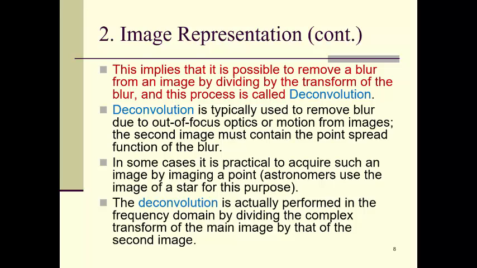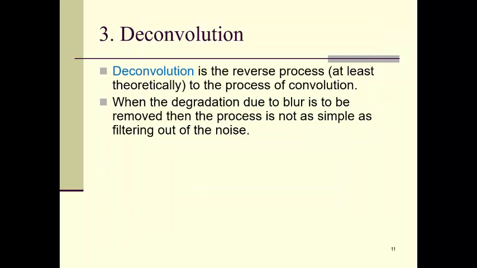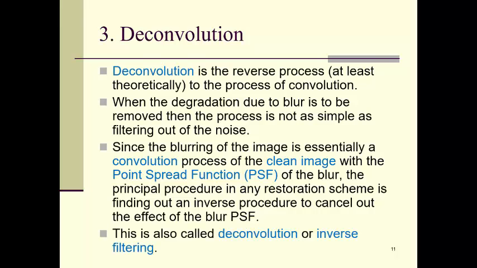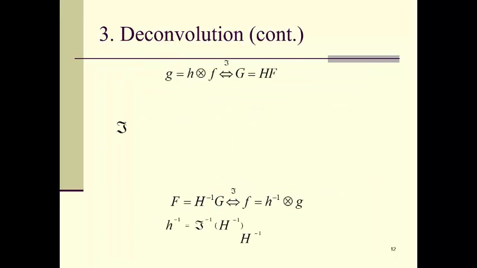And the second image here, I mean the representation of the frequency transform of the point spread function, which is the H. So here, we say that when the degradation due to the blur is to be removed, the process is not as simple as filtering out noise. Here we have said that this operation is actually not that simple. Why? Because when I divide by 0, this will result in lots of infinity values. Since the blurring of the image is essentially a convolution process between images, the principal procedure in any restoration scheme is finding an inverse procedure. We have said this, okay? This operation that we are talking about is called what? It's called